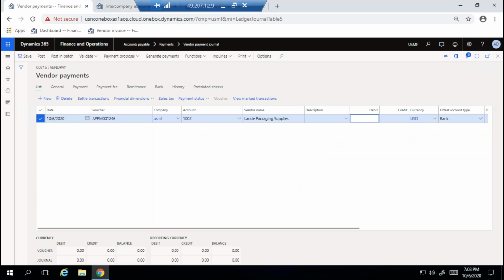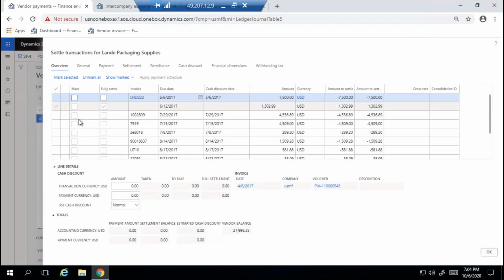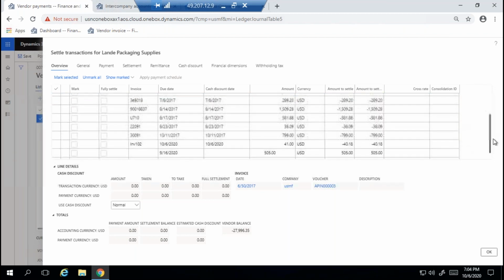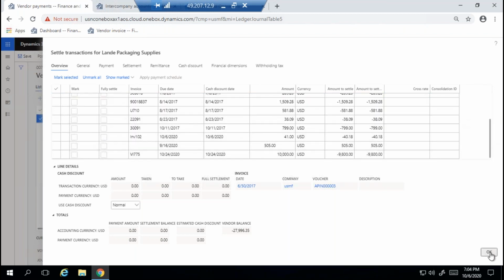For this there are two options. One is you can select already existing invoices. This is manual, one by one, you need to select the invoice. Like this you can select. This is one option.